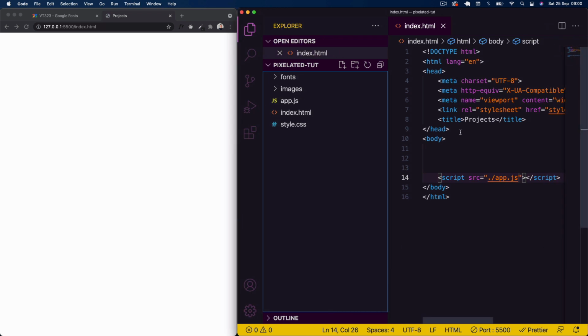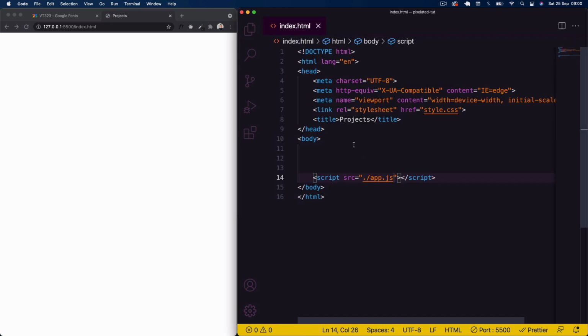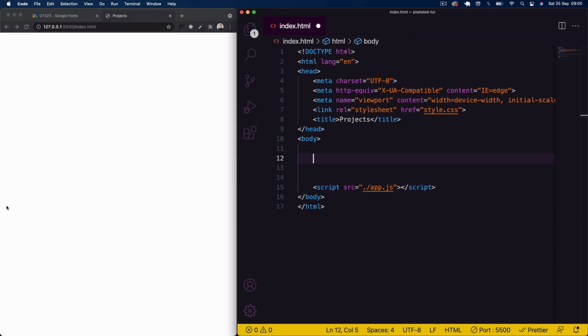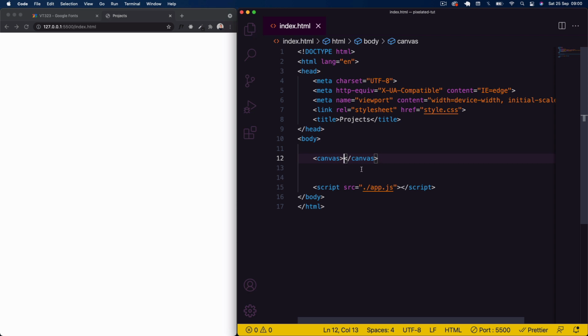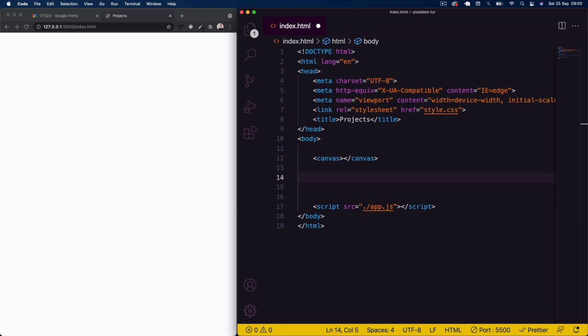Okay, so now if we come into the body, there's not really much HTML. We're just going to create a canvas first, okay? So we're going to be using the canvas to actually display the images over the menu. We use the canvas because we want to create that pixelated effect, okay? And then underneath here, I'm just going to have a section, and we'll give this a class of